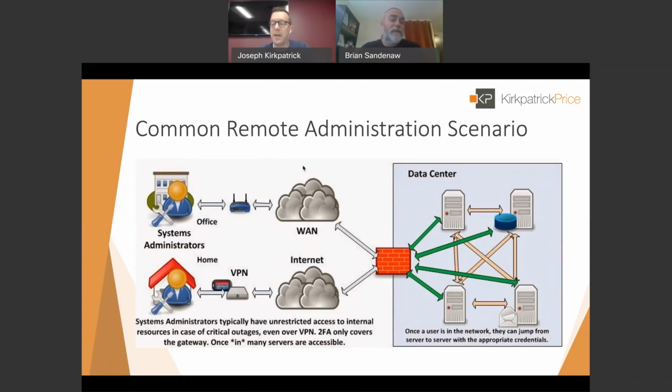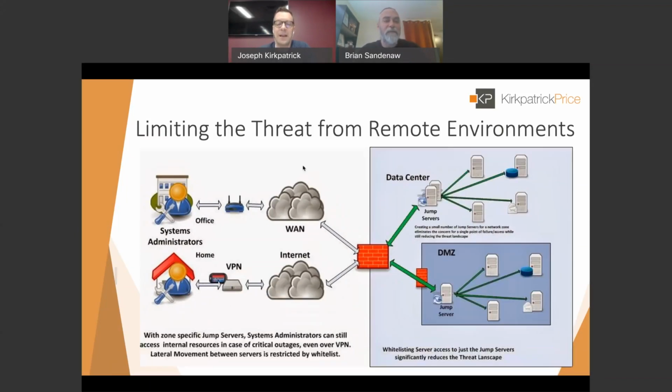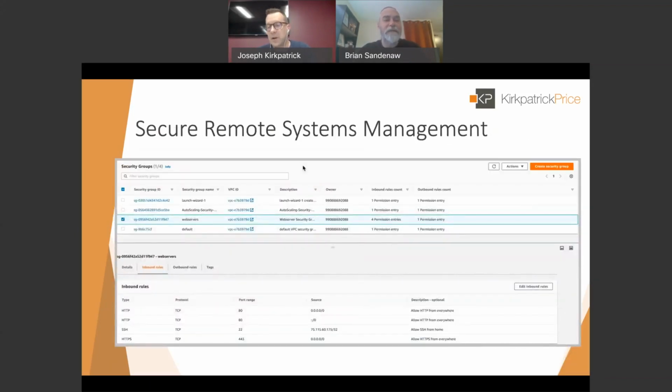Or are you segmenting that environment and properly allowing things like SSH over VPN, not allowing remote administration directly across the internet, but through some other security technology to make sure that that's done in a proper way. We've given you a checklist